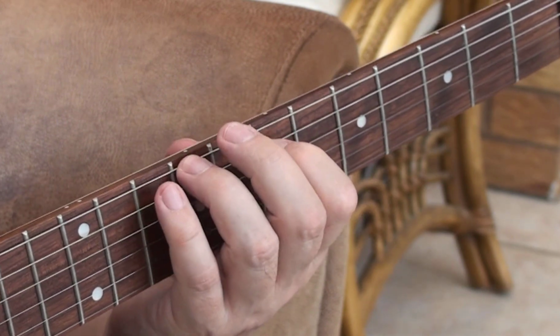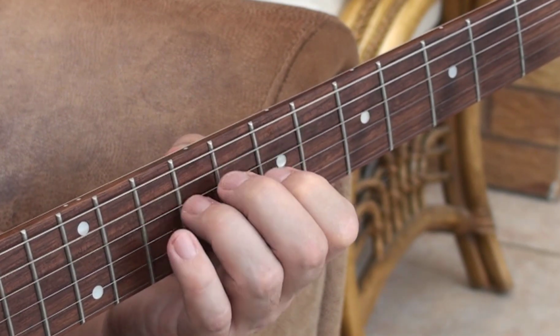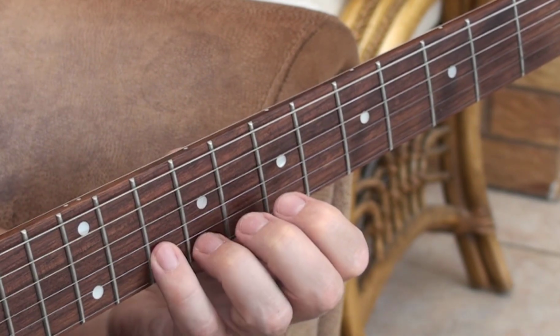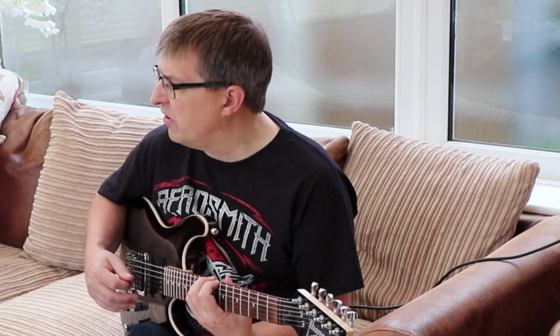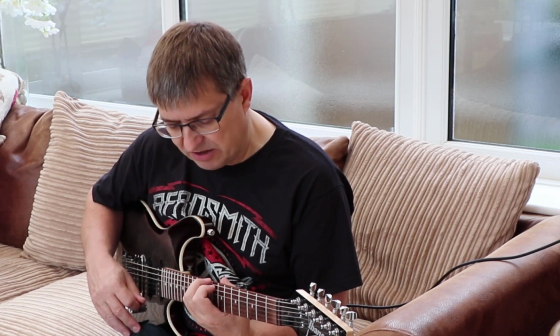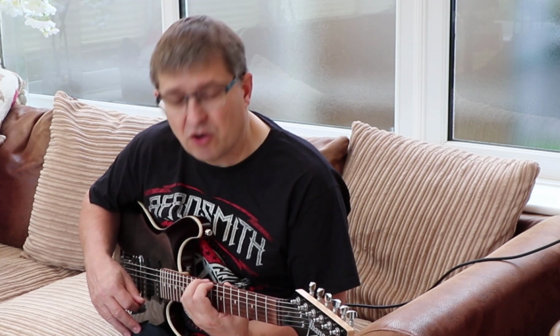Remember that thumb position, and remember about getting it on the tip of your little finger, which is my problem. Again, I'm not working with a metronome and I'm going a bit too quickly just for this video, but hopefully you can see on the smaller camera where I've zoomed in on my hand that I've only been doing this for a couple of days, but I've already started to not lift my little finger so far off the strings,